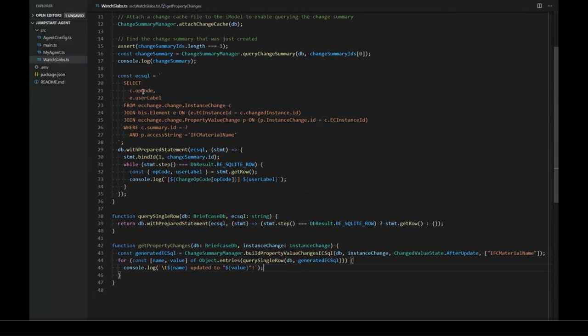So the first thing we want to do is instead of an opcode, we're going to get the EC instance ID of that instance change. And we'll just call that as change ID. And that means we no longer have an opcode here. We have a change ID. And so now we need to get that opcode back, and we also need to get an instance change to pass to get property changes. So we can do that via this